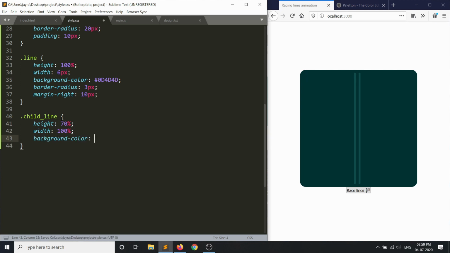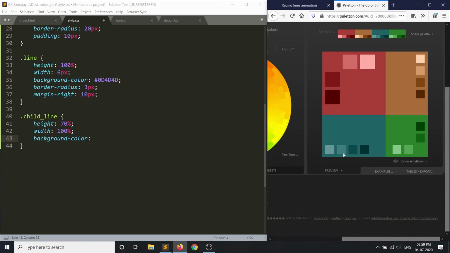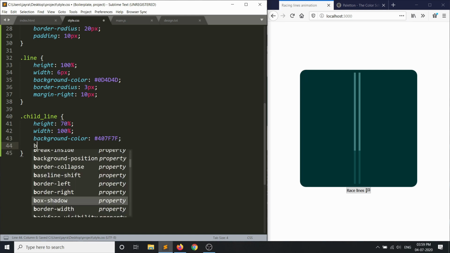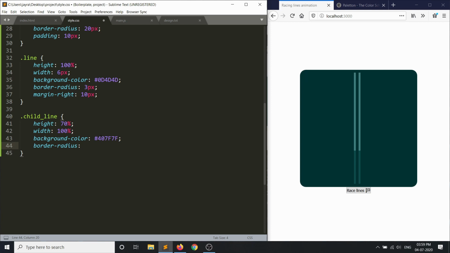Background color, let's pick #407F7F. Again, let's have a border radius of 3 pixel. So by doing this we have our child line and line styled.